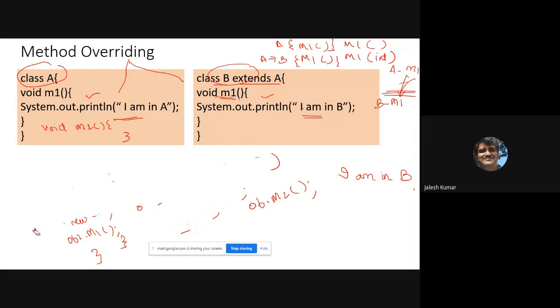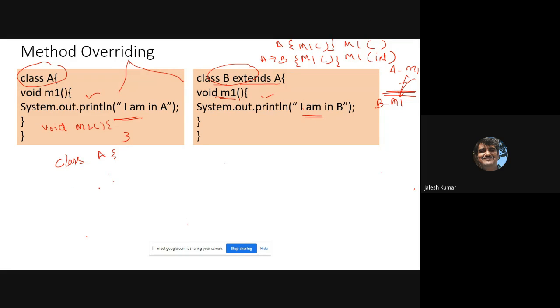As an example, I just showed one method m1, and your subclass writes that itself. But generally these types of concepts come in design. That means you write one class A which writes one basic method, that is, find the area.